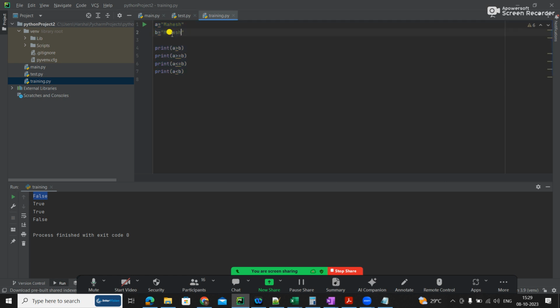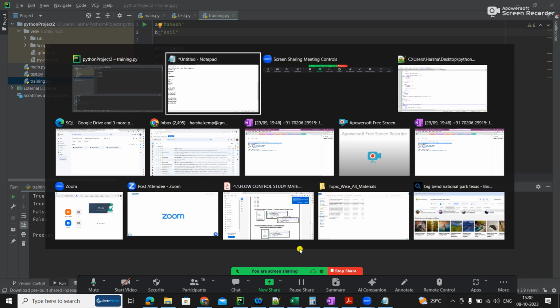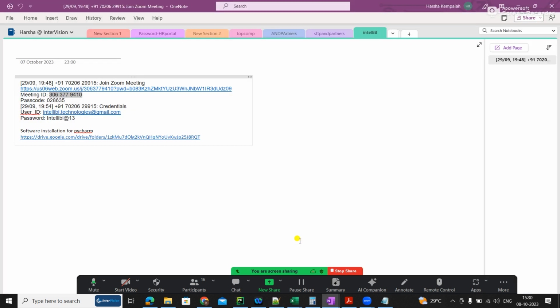Maybe I make it as some other name, Anil. So now it will be different. See, now it is telling true, A is greater than B, A is greater or equal to B. It takes the ANSI code.